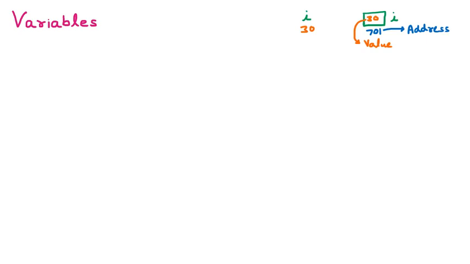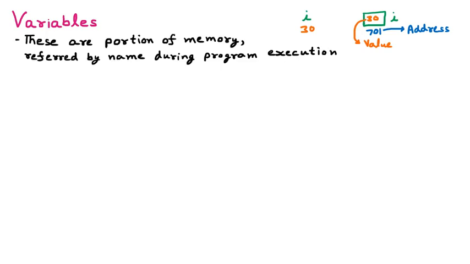Now whenever we want some input from the user, let's say the user is entering some number, that number should be stored inside our program. For that we need variables. So we can say that variables are the portion of memory which are referred to by a name during program execution. Variables are basically memory. In this memory we store certain values, and the memory is referred to by names. Let's say variable I, variable A, variable B. These are the names of that memory which is allocated during program execution.